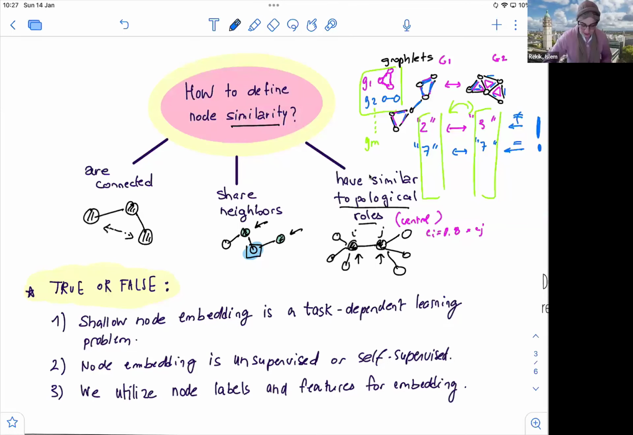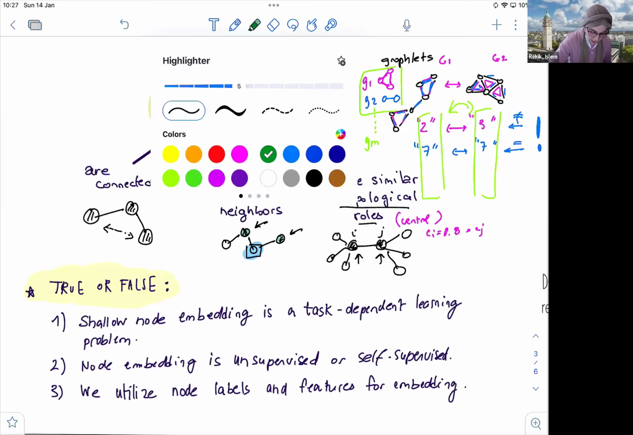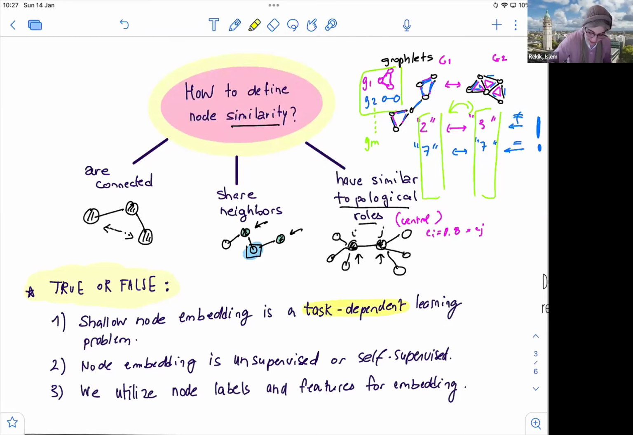So let's look at these statements one by one. The first one states that a shallow node embedding is a task-dependent learning problem. Task-dependent means it depends on the task that we have, for example, supervised learning tasks such as regression. So this basically implies that we are using the target values, the y's, to